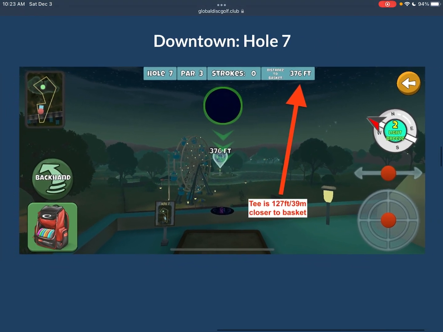Downtown hole 7, this was a big change. This used to be, for me anyway, lay it with the musket, a fuse throw in, and I think a lot of people like myself, the more experienced players, got pretty good at that, had a high birdie rate, and so I think this has been kind of leveled out now, but there's still some interest here